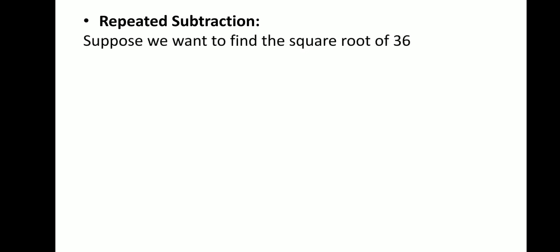Suppose we want to find out the square root of 36, and we know that if a natural number cannot be expressed as the sum of successive odd natural numbers starting with 1, then it is not a perfect square. We will use this property and we will keep on subtracting the successive odd natural numbers from the given number till we get 0, and the number of times we do the subtraction will tell you the square root of the given number. For example,